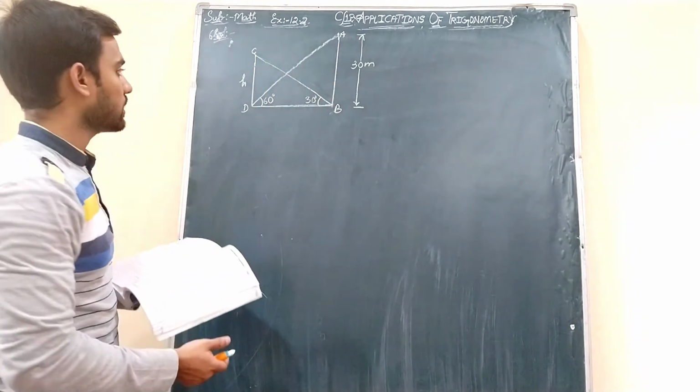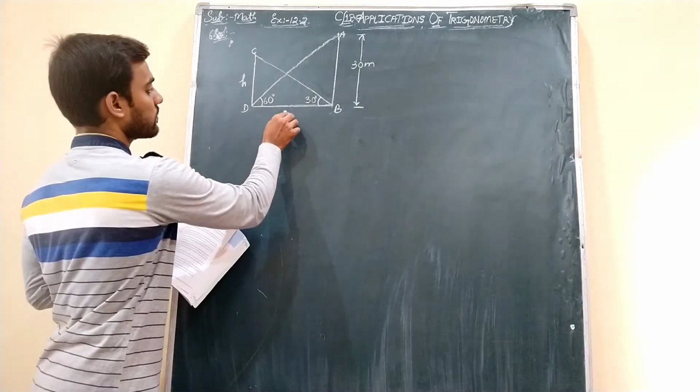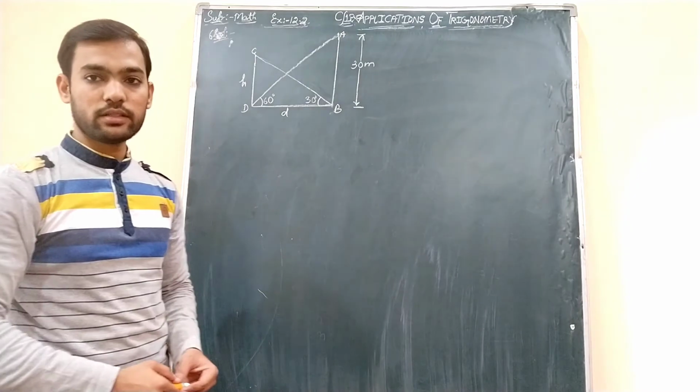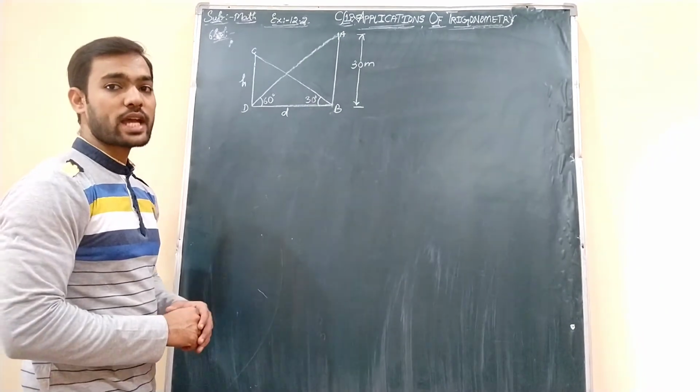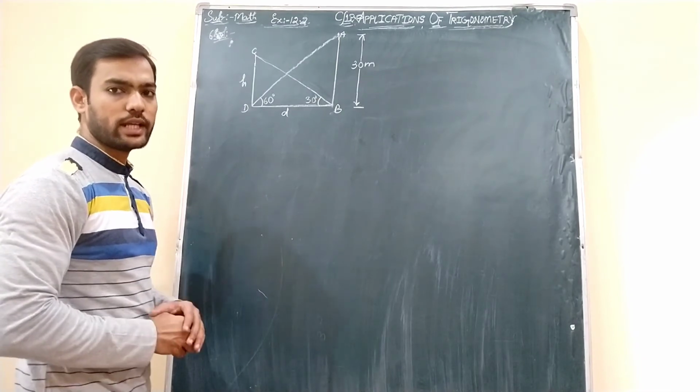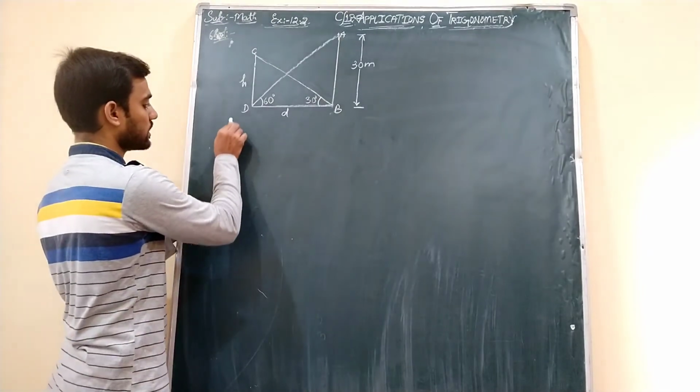Understand? So now this 30 meter is given. This we will take as D, as distance we don't know. Okay, students. So now think which angle we should take first, which triangle we should take first. So let us write the considerations before deciding that.